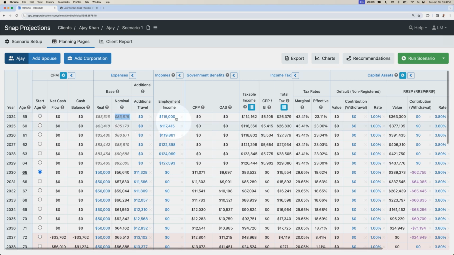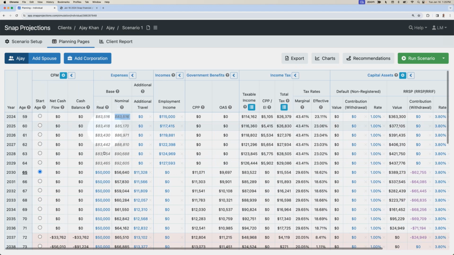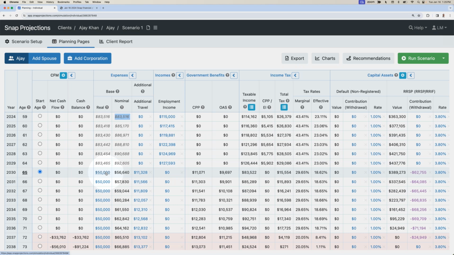So what this is telling us is that if AJ's employment income of $115,000 has EI and CPP deductions of $5,100 and is taxed at roughly $26,000, he has about $83,000 remaining for other purposes that we can allocate within the projection. And this is the case up until retirement age, when the software turns on the automatic cash flow management and allows you to set a target spending goal, which is the $50,000 value that we entered earlier. You can customize all of these settings as needed for your plan, but these are the general default settings that work quite well.